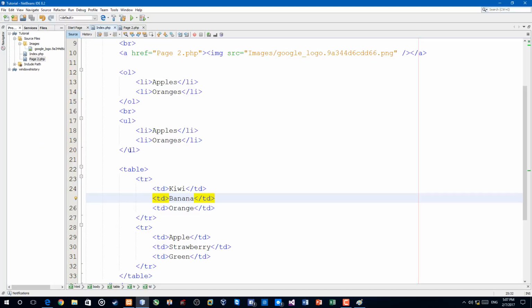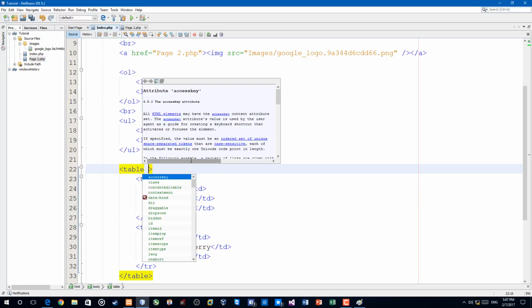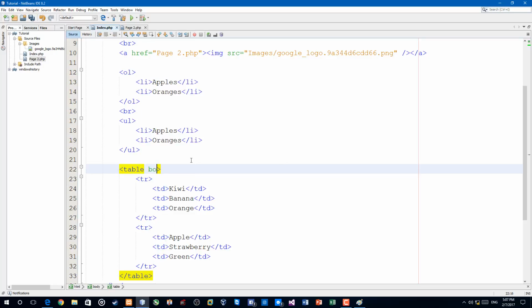kind of table. It's not a table because we don't have the lines to confirm that, but we can add it. We can add it by typing after the table, we can type border, and we give the value of 1. So if you want to check what border means, also you can check my second tutorial in this video series. Okay, so now if we save it and go to my website, as you can see now it's kind